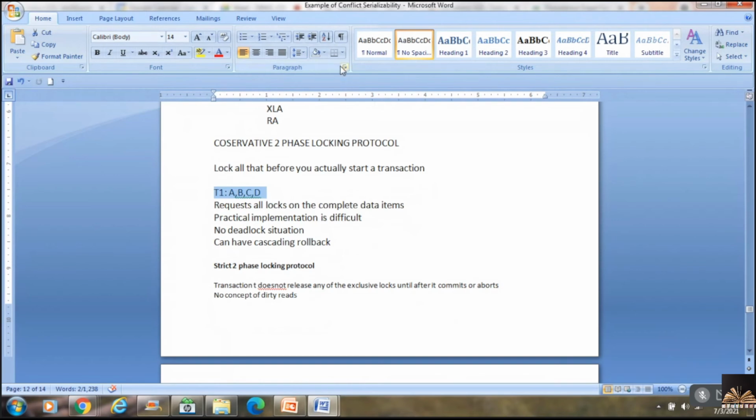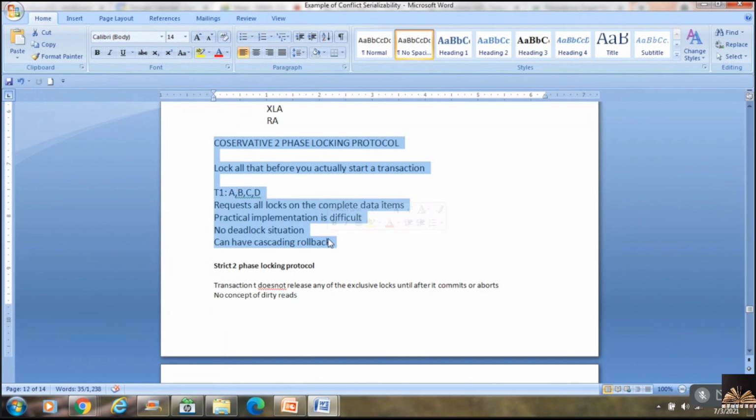But the advantage is that you cannot have a deadlock, because all the database items have been locked here. So there's no possibility of a deadlock if I am given the locks on A, B, C, D. But still, I can have cascading rollback. There's a possibility. So this is about your conservative two-phase locking protocol.